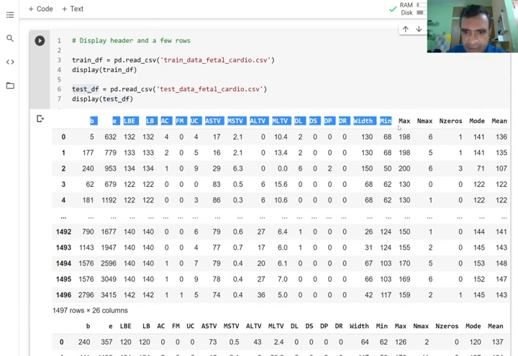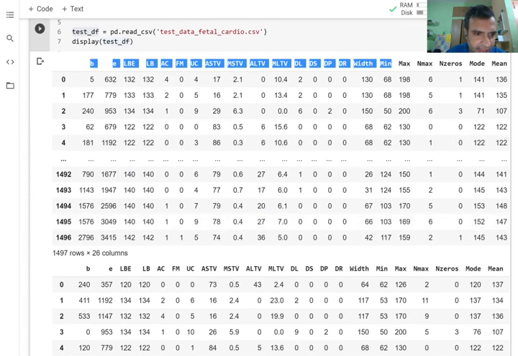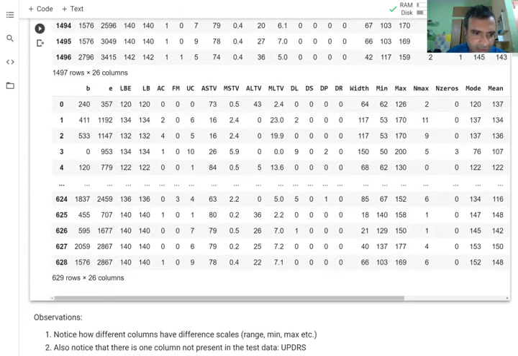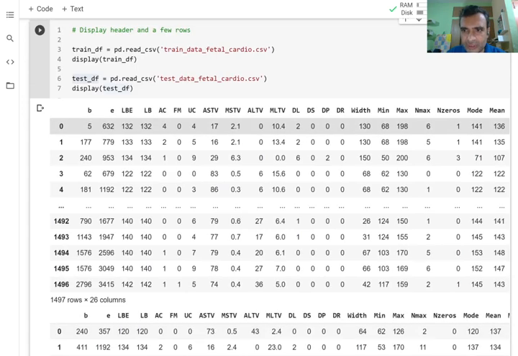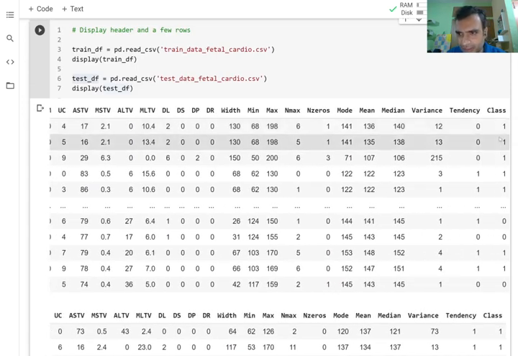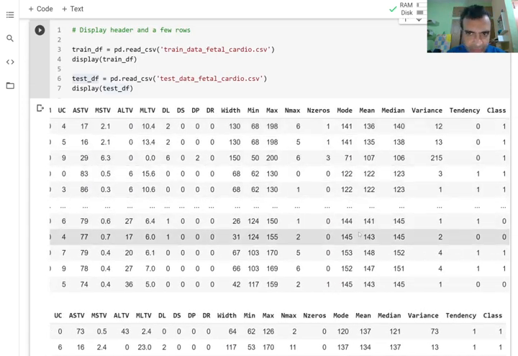Similarly, I have the same columns for the test data with a different number of rows. And the last column that you see, if I scroll to the right, is the class, and the class is binary, either 0 or 1.